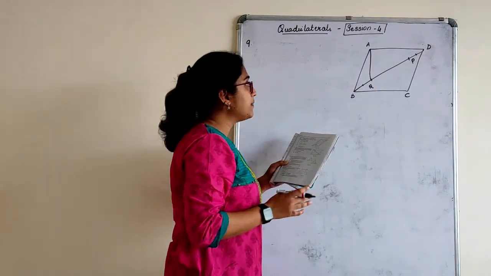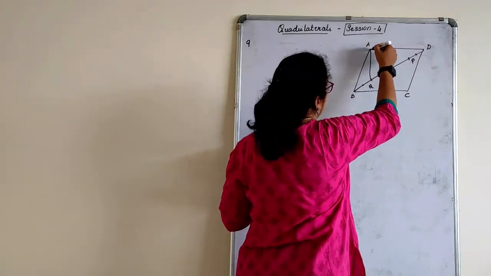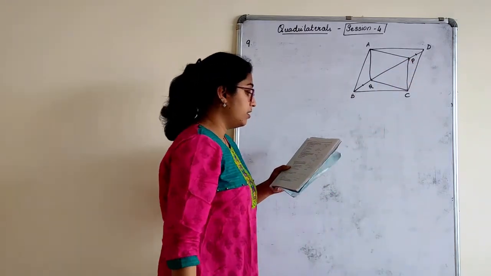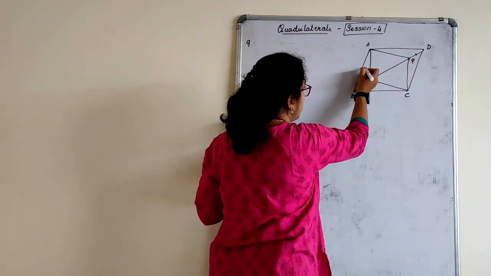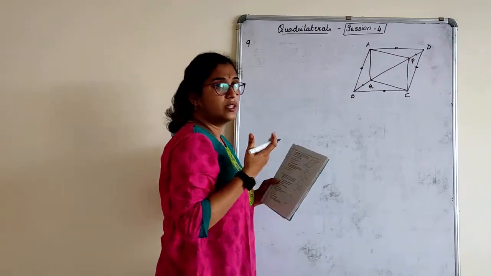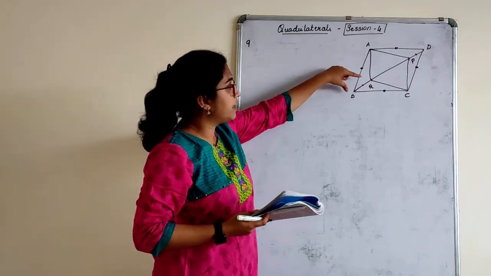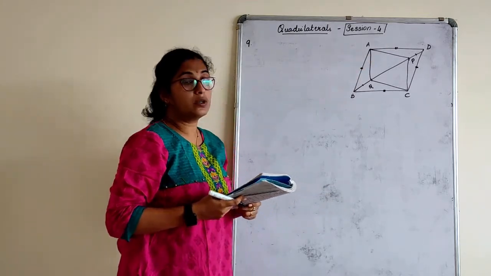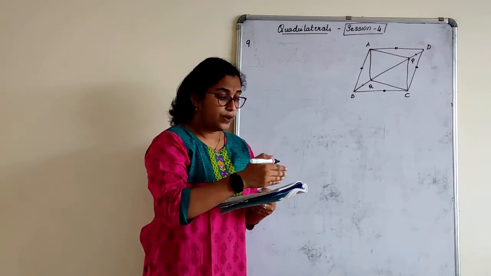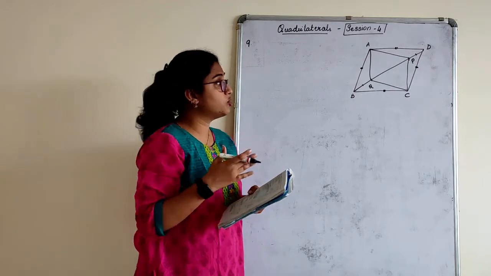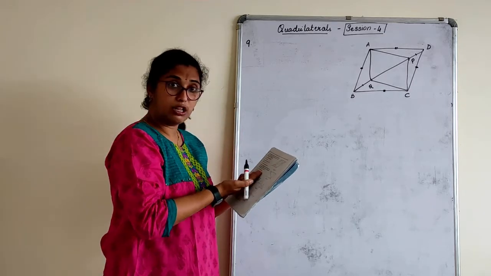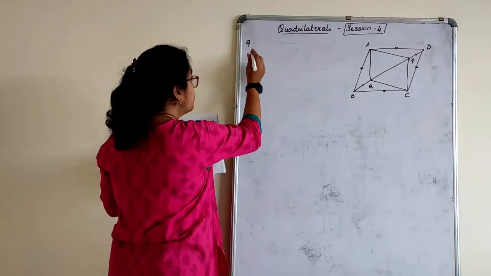Show that triangle APD and all is given. With that respect, we will join this to C. This is a parallelogram, children, so I can mark again here: opposite sides are equal, and opposite angles are equal, we already know. Apart from that, what they have given is BQ is equal to BP. We need to prove some congruency, some sides are equal. Whenever you prove the triangles are congruent, you get the sides equal by CPCT. Let's follow accordingly what all they have given. Based on that, we'll go on proving.